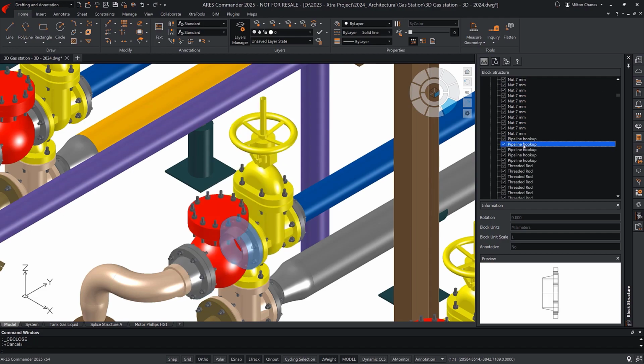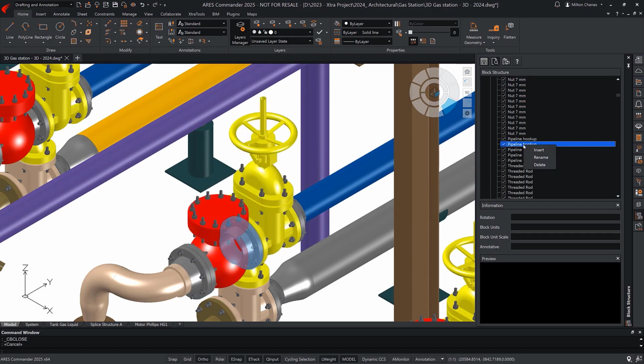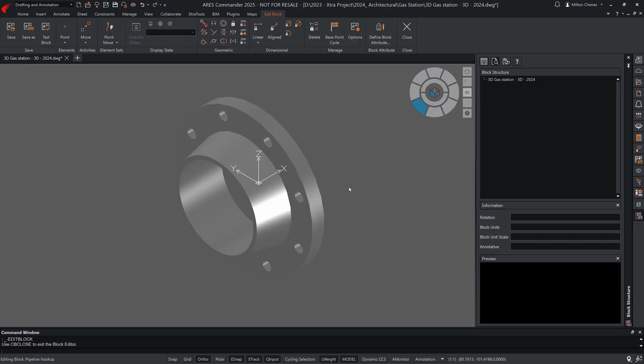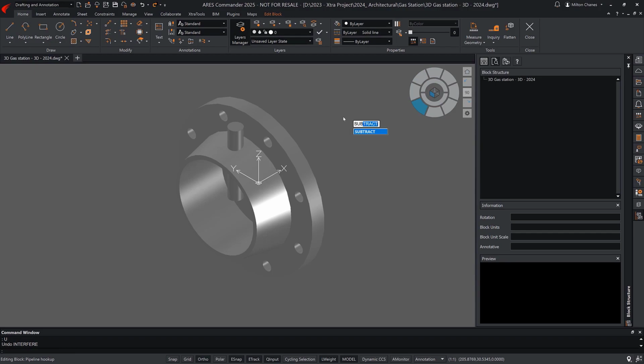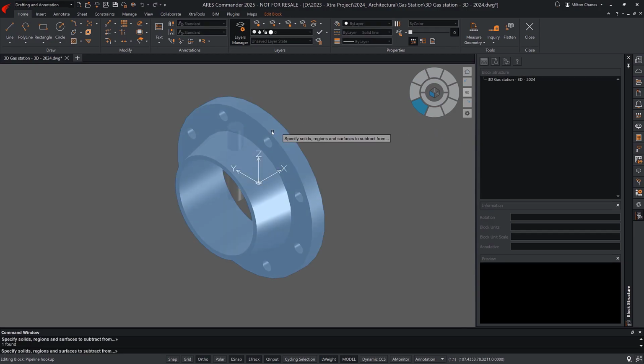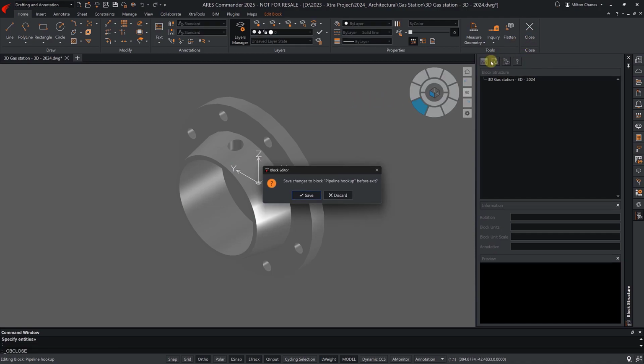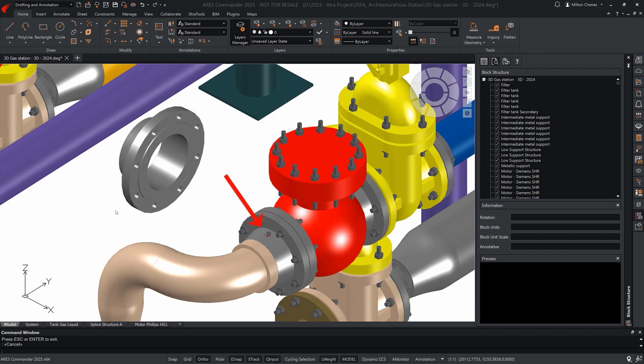As shown in our previous example, we can insert an element in the drawing and then do the editing. When saving the changes, we see how it affects the rest of the blocks where this element was nested.